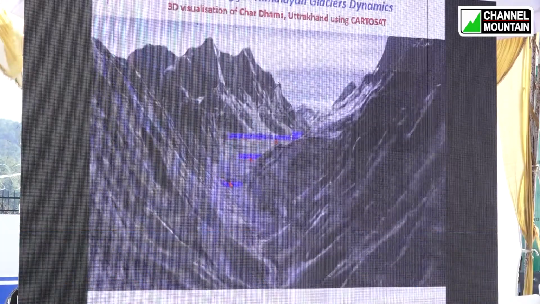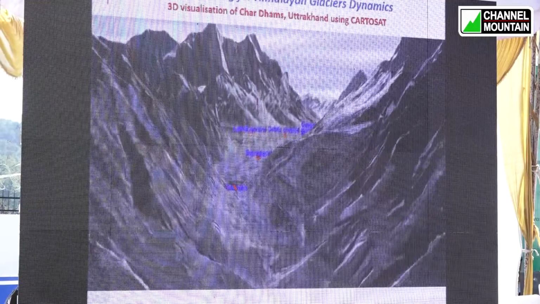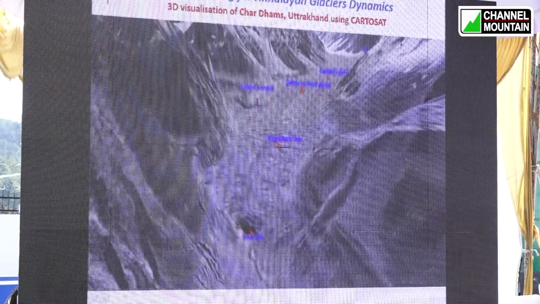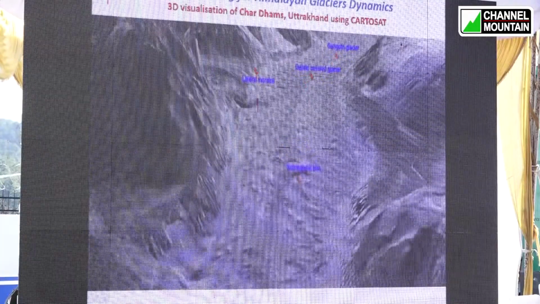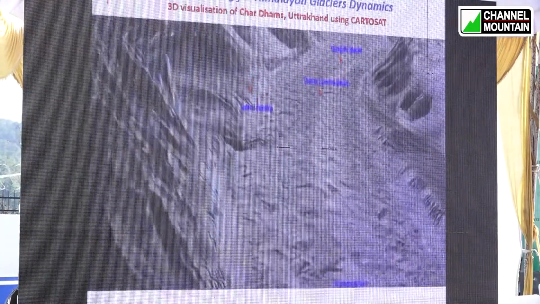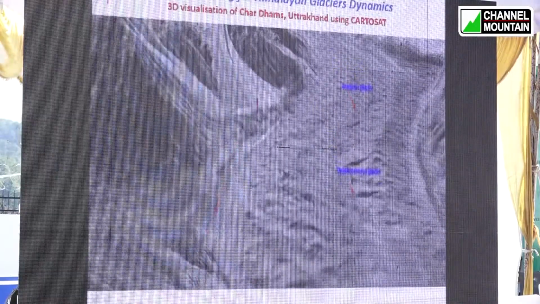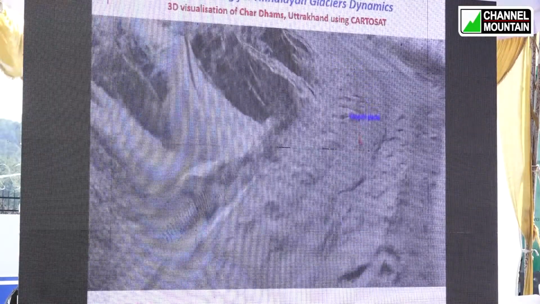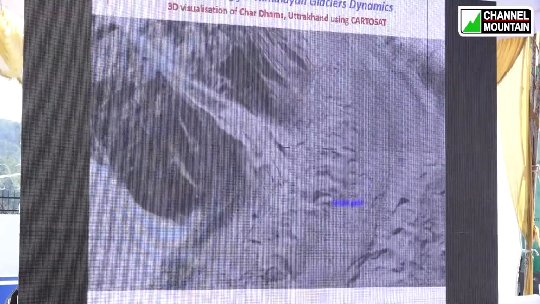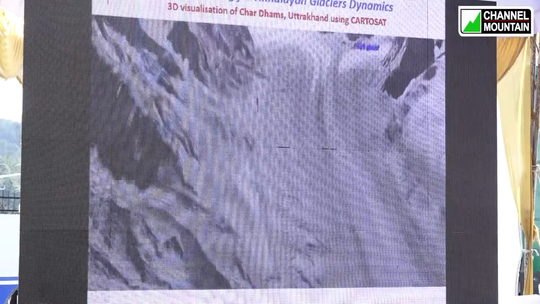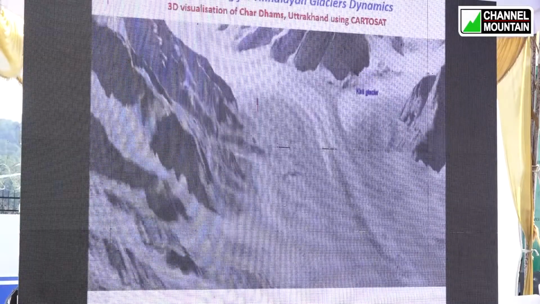So what you see over here is that we are now in the Gangotri River Valley. Here we come to the Gomukh, from where the Ganga starts, and now we are climbing over to the Gangotri glacier. The glacier here is debris covered, and you can see a large number of glacial lakes forming on the glacier. As we go to the higher stretches of the glacial system, we start seeing fresh snow on the glacier.